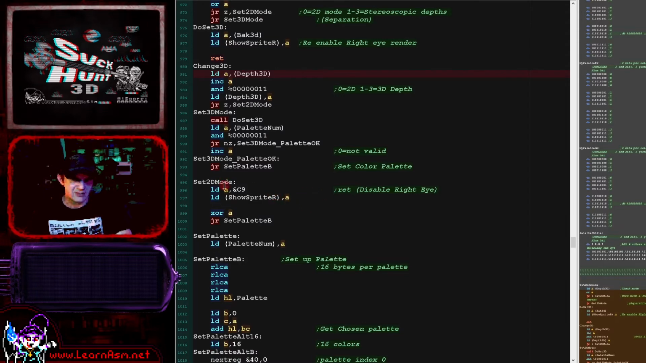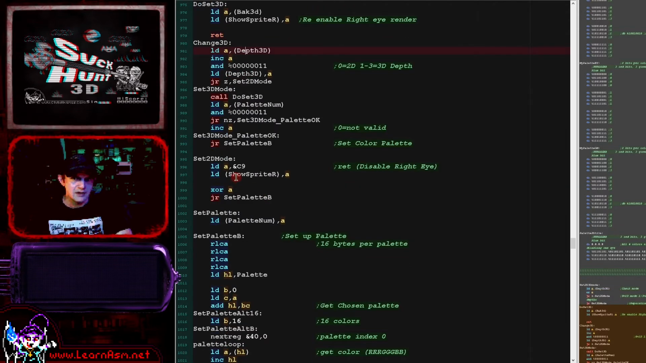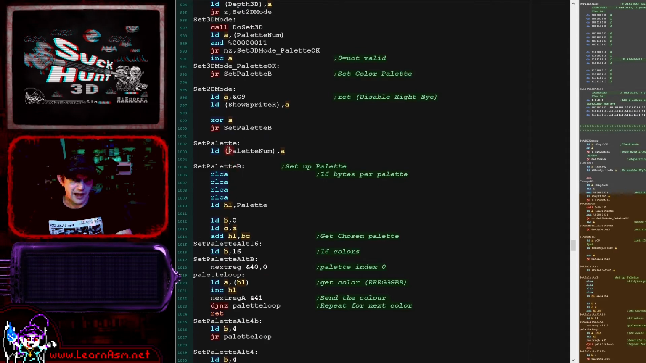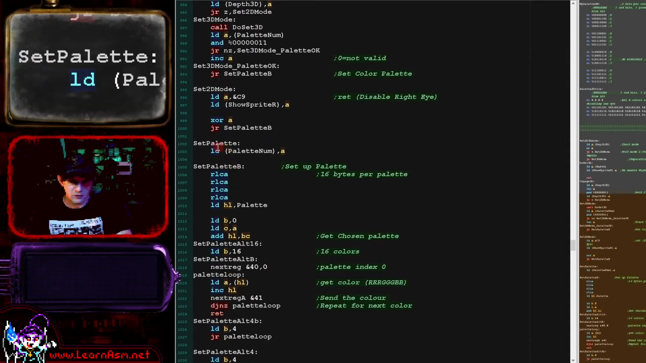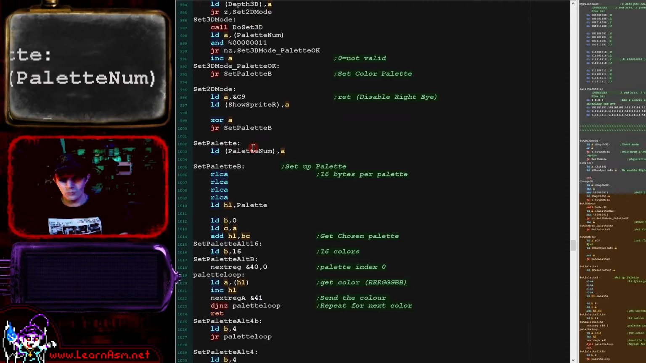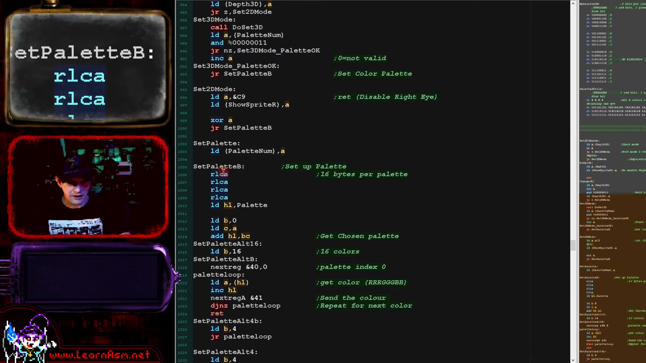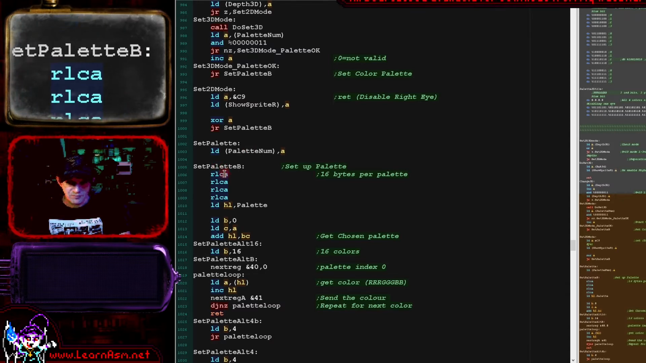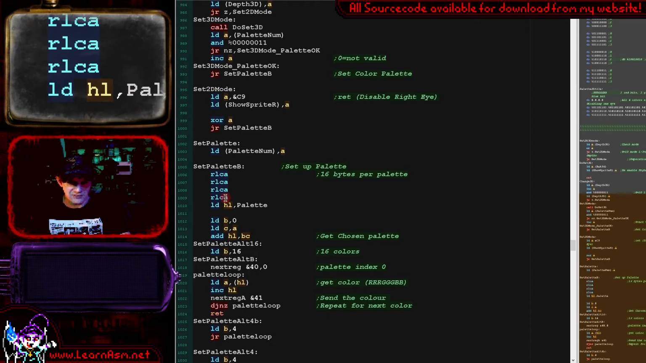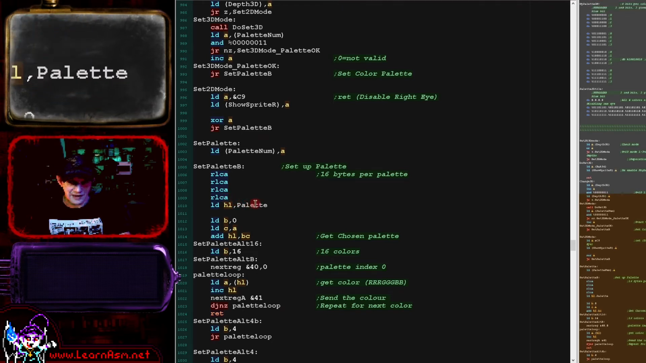The code will work that out for us. Okay. Now, when it comes to setting the palette, we have a possible 4 palettes, 3 3D ones and that special one for the 2D mode. Basically, what we do here is take the palette number and multiply it by 16, because there's 16 bytes per palette, and then we're loading the base for the palettes, adding